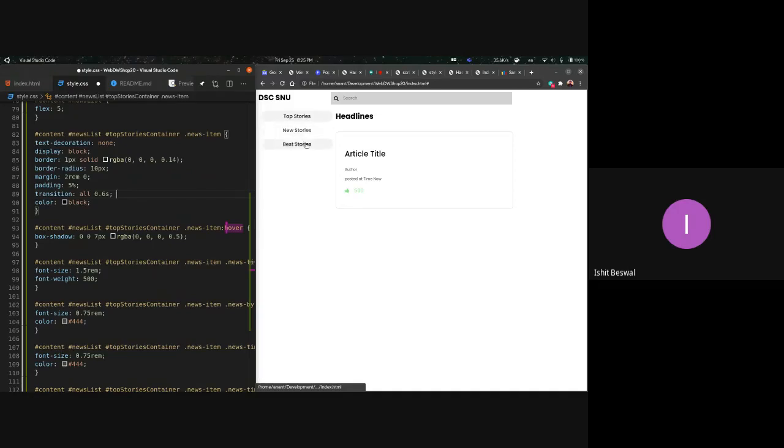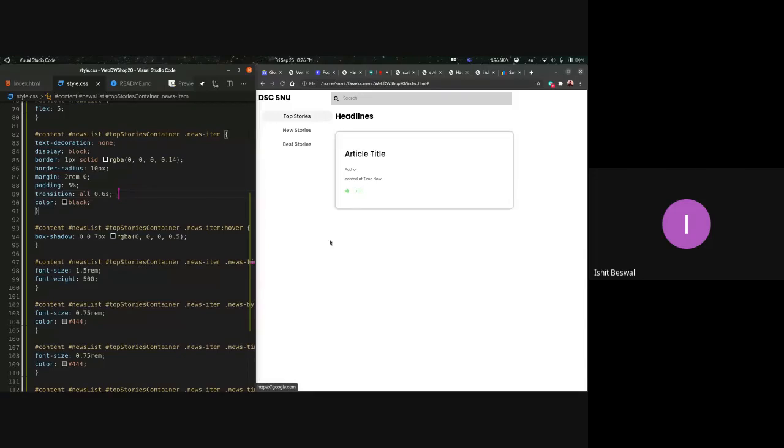Right. So let me just, Anand, can you hover over the article title? Yeah. So you might be seeing that on hover, we have given it a box shadow. Now, if I comment out the transition, you might notice that the box shadow gets applied immediately without any smoothness. So what transition does is basically what the name says. It is a transition from one state to another.